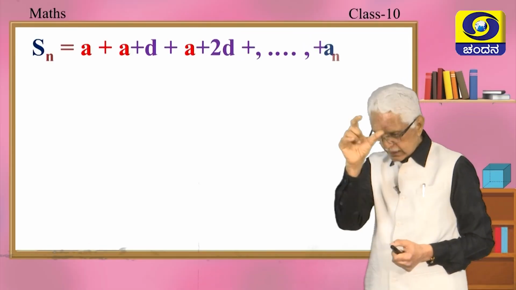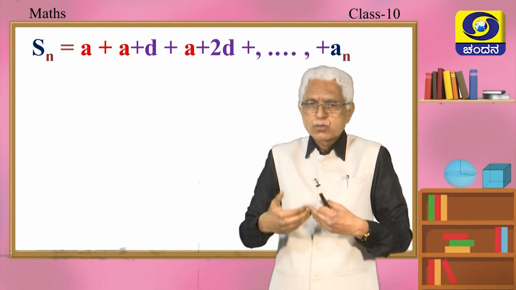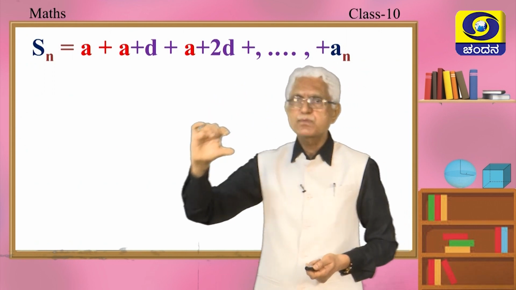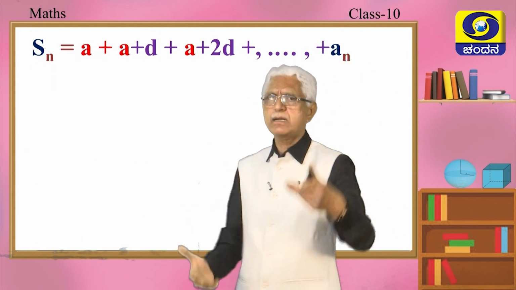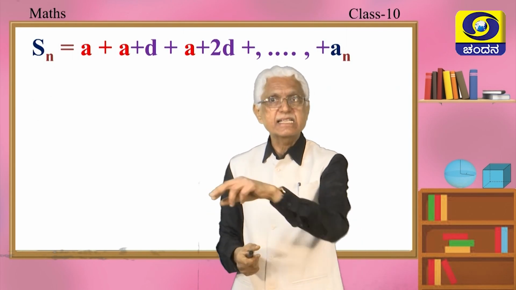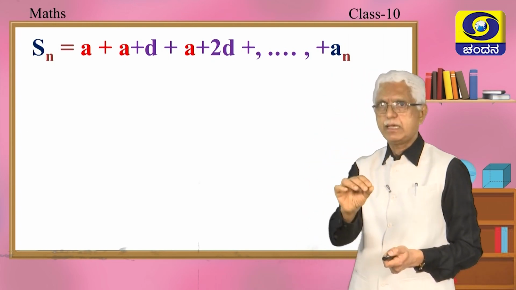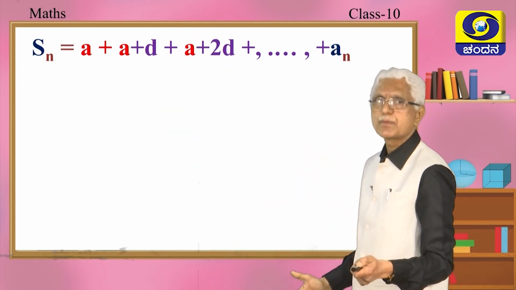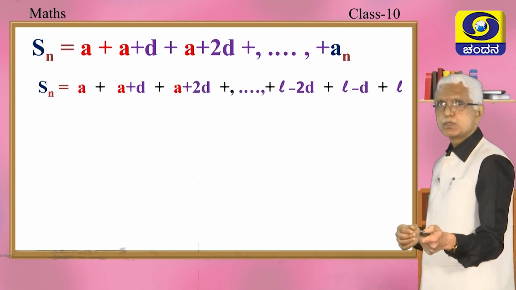Now, my dear children, in the two examples that I discussed just now, what I was trying to communicate is how to find the sum of the terms of a given arithmetic series. If it is natural numbers, we observe the pattern n into n plus 1 by 2. If it is not a set of natural numbers, I took another example now where the difference was 4. Let us see how it works out now. First term A, plus second term A plus D, third term A plus 2D, and so on, plus the last term. Okay. Now please observe what is happening.